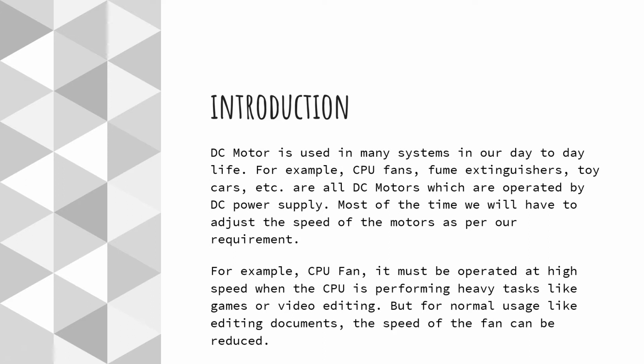There are multiple ways to adjust the speed of a DC motor manually. The simplest way to achieve this is with the help of a variable resistor. That is, we can adjust the speed of a DC motor by using a variable resistance in series with the motor. But we don't use this method. There are two reasons. The first reason is wastage of energy. That is, the resistor dissipates the excess energy as heat. And the second reason is that if we want to use any devices like a microcontroller or any other digital equipment for automating our DC motor speed control, then this method cannot be used.